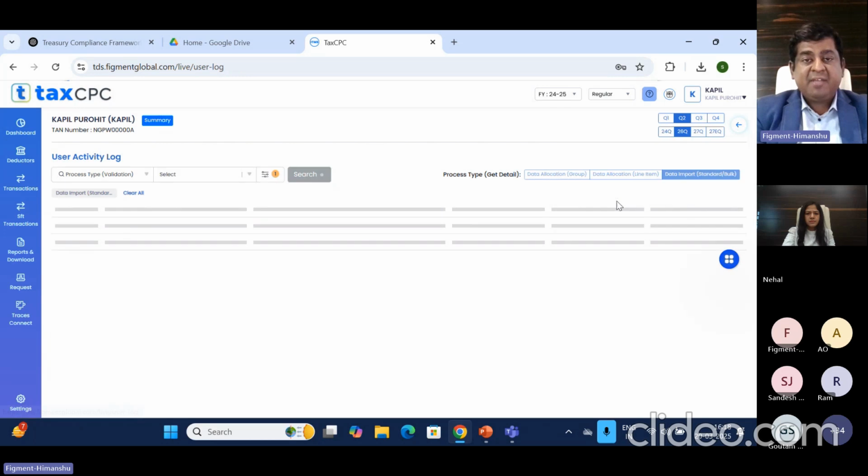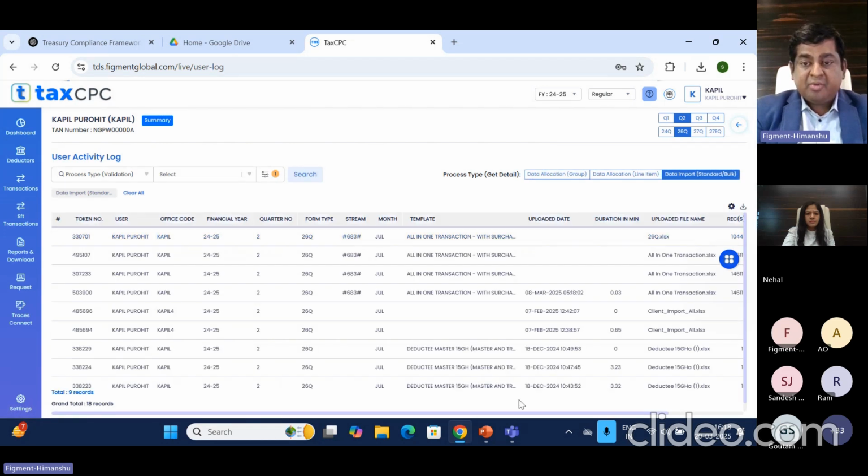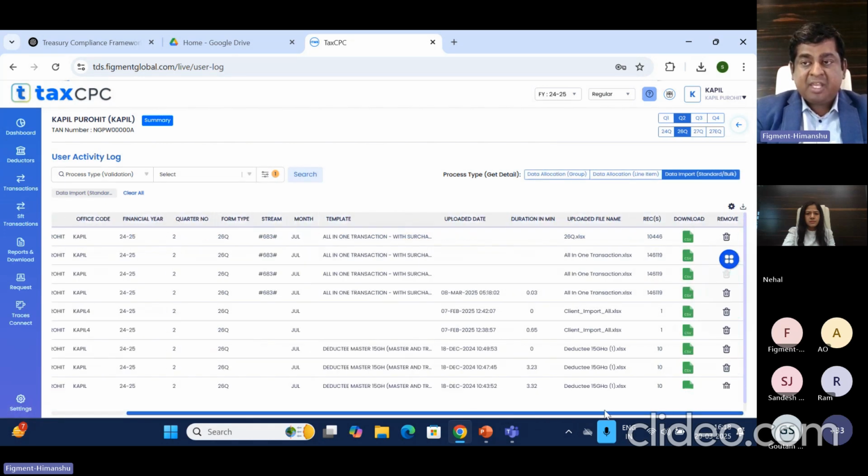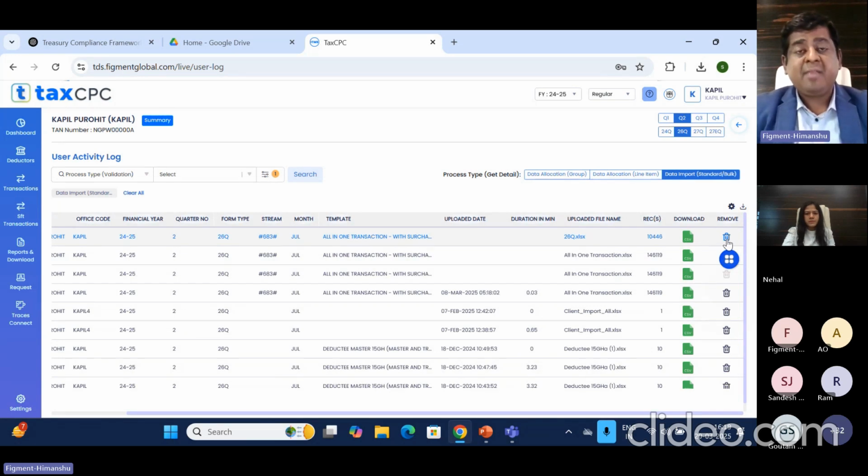दिखेगा। तो आप यूजर एक्टिविटी लॉग में चले जाइए। ये आपने जो भी डेटा इंपोर्ट किया है इसका सारा यहाँ पे आपको दिखेगा। आप जो डेटा इंपोर्ट करें इसको डाउनलोड कर सकते हैं। अगर ये फाइल को डिलीट करना है, तो यहाँ रिमूव का बटन है, आप रिमूव जैसे ही क्लिक करेंगे, ये सारा डेटा इस फाइल से जो आपने चढ़ाया था वो सारा डेटा डिलीट हो जाएगा।